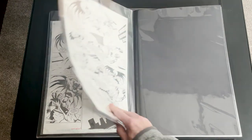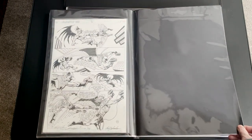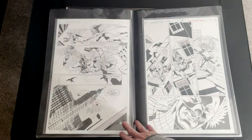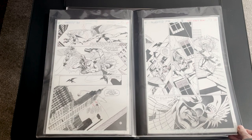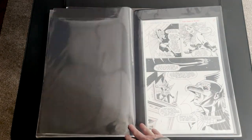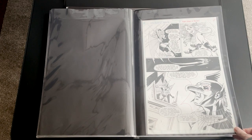inks by Roy Richardson. There seemed to be an infatuation for a while with having Hawkgirl become mind-controlled and having Hawkman and Hawkgirl fight together. And so I think this was really the first issue where that happened. So in this case, she was taken over by Eclipso, that was the running villain through all the DC annuals